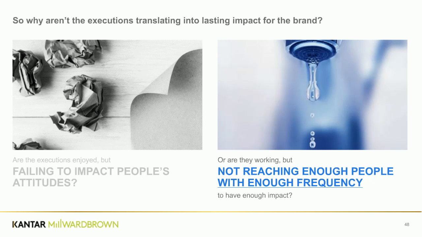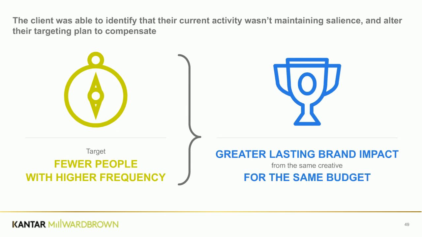So the client was able to, next time, understand that the reason the campaign wasn't working wasn't because there's anything wrong with the campaign, but just that they weren't currently reaching enough people with enough frequency for it to be allowed to impact. So for future campaigns, they know that they will be better off targeting fewer people with a higher frequency, which would let them generate a much stronger brand impact using the same creative and for the same budget. So they would be better able to support their brand in those periods where it's off air if they give their creative more chance to impact the people that see it.